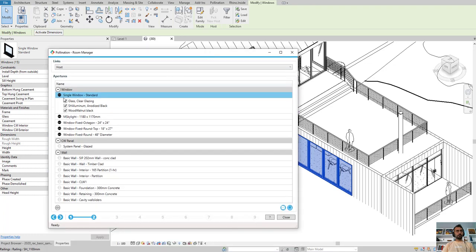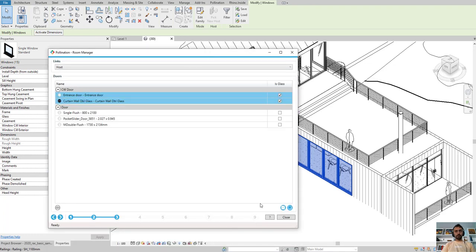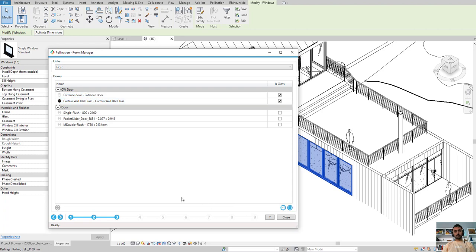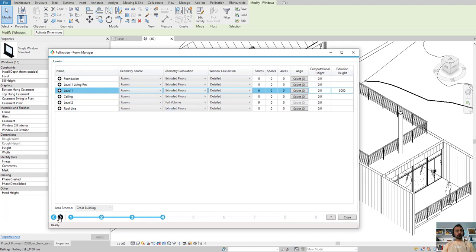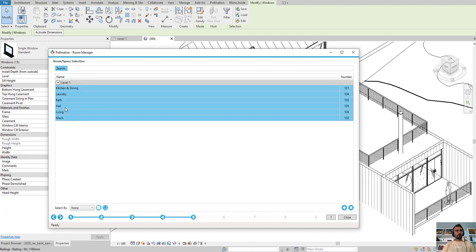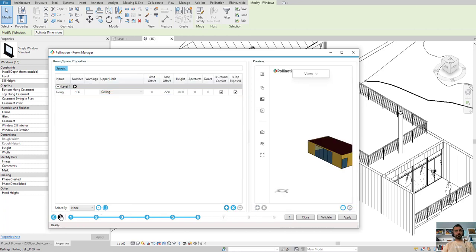Okay, so I'm going to only select this window type, no other window type. For doors, I'm going to select none, so not to be confusing. Then I'm going to go next, and for room, I'm going to only select level 1, and I'm going to only select living, which is this room here. So now if I visualize it again,